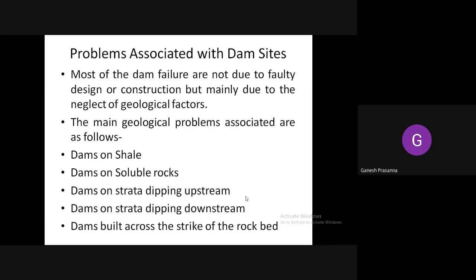Many times you can see, even the Koyna reservoir is built across a faulted structure. If even a very small earthquake occurs, the entire dam might collapse. It will collapse one day or the other because it is built on a faulty structure itself. If one dam goes, thousands of crores of rupees are gone.